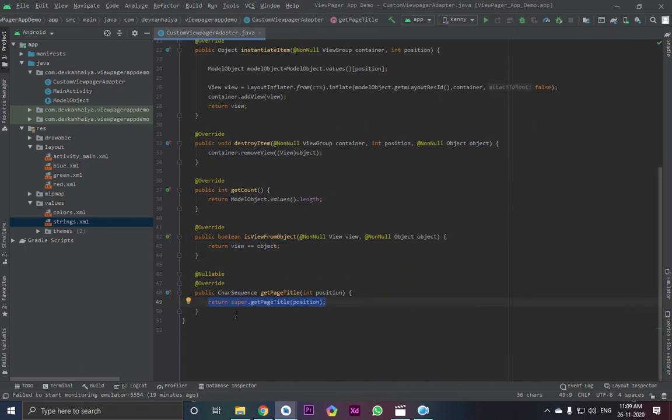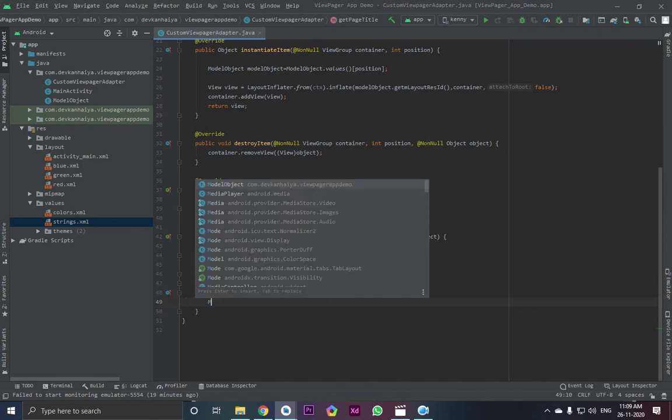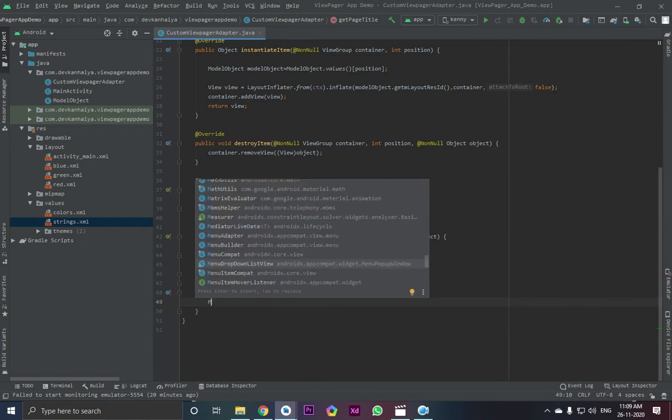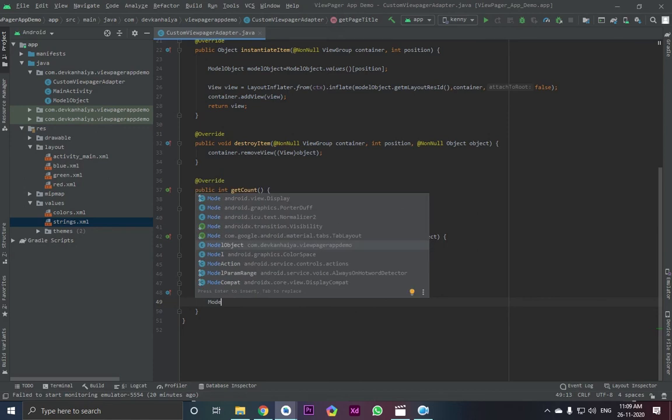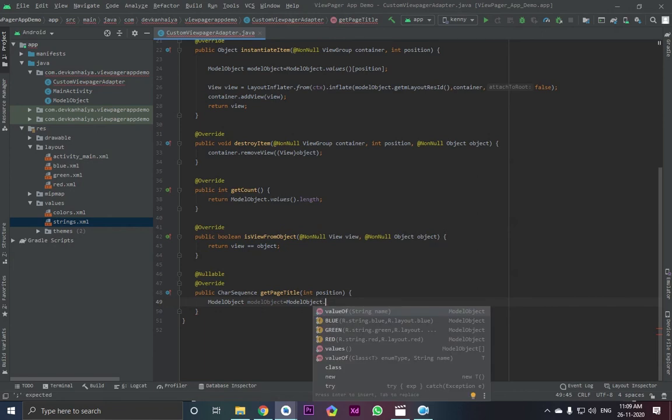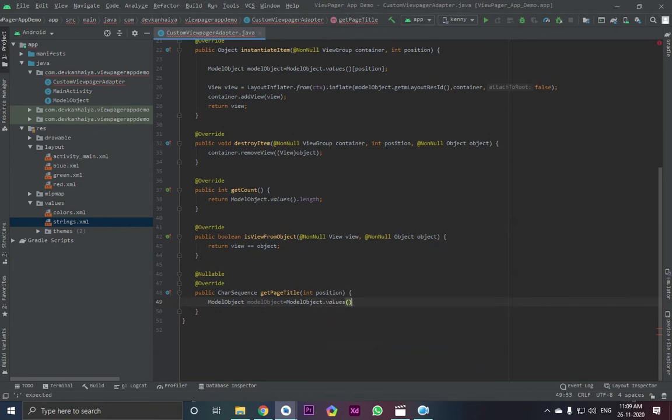So for this project, we need to create a model object. You know about this position.